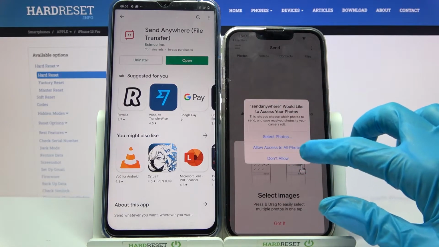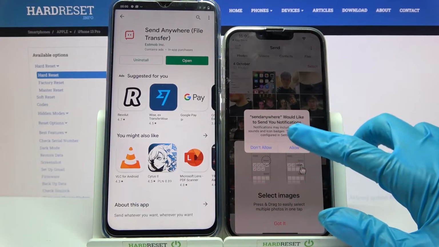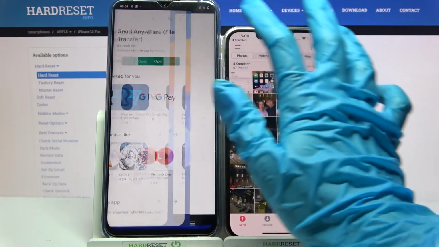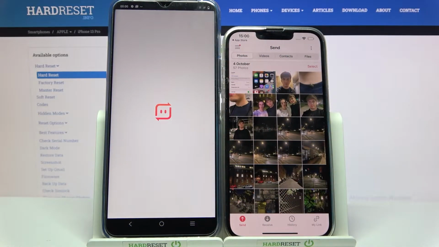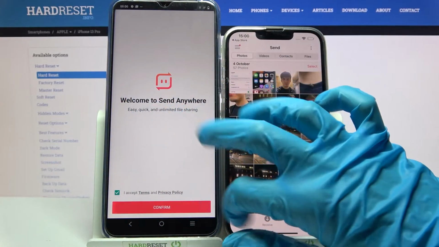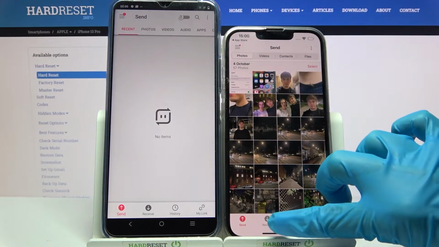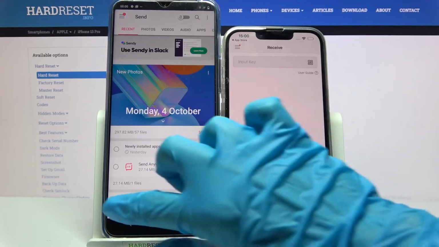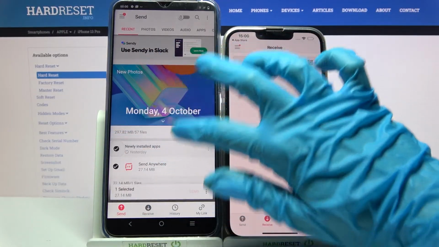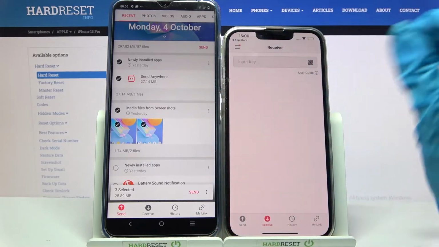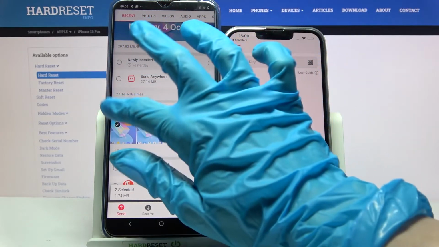Then choose Allow All Access, tap on Allow, and choose Got It on iPhone. Now you need to click on I accept, confirm, continue and allow on an Android, and then go with receive on Apple device. Now choose send on an Android and click on all of those dots in order to send all of those files. Then click send, but I don't want to do that because it will take a while,